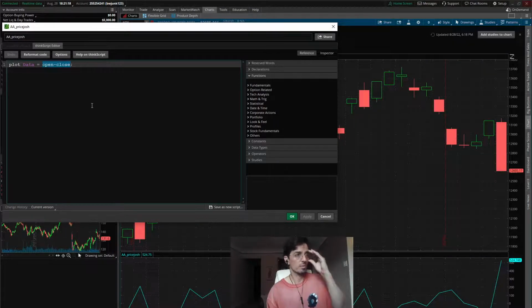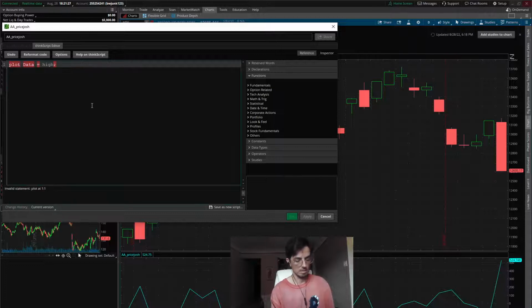What if I wanted the midpoint? Okay, what we do is we say open plus... we don't use open and close. We use the top and the bottom. So high plus low. And this is some math, averaging you learned in high school. High plus low is going to give us double the price. If the high was 100 and the low was 99, what we want is 99.5. But this is going to give us 199. So we need to divide by 2.